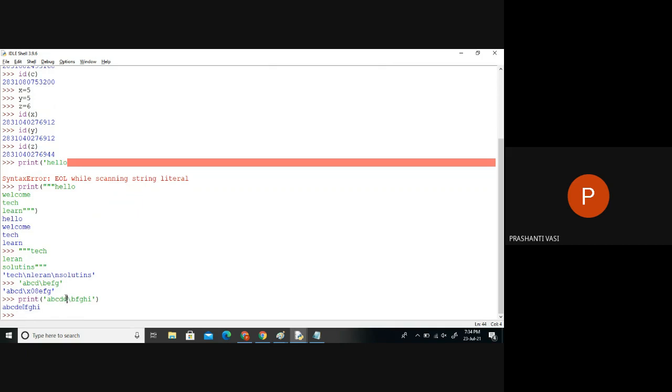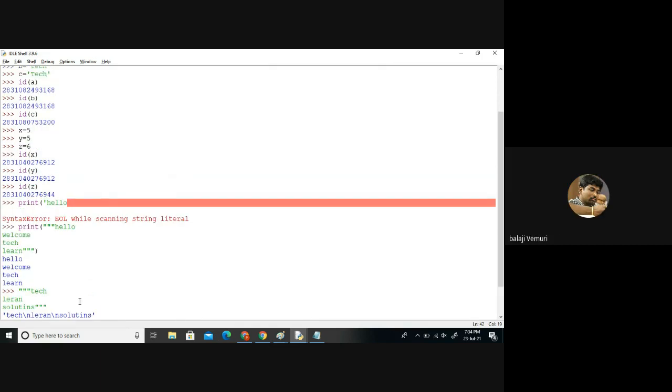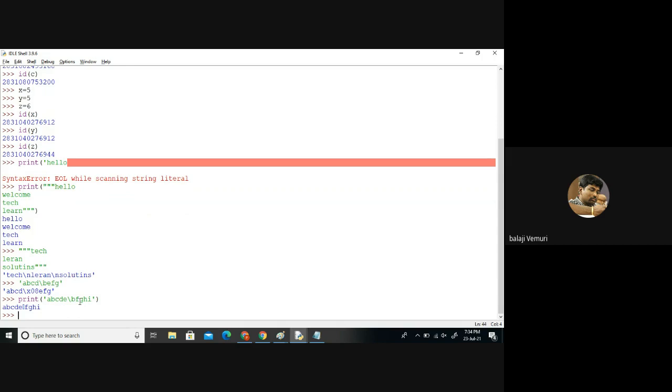Instead of the backspace effect, it is showing a special symbol, like a square box. This slash b together is a special symbol representing backspace on the keyboard. Backspace is not a printing character, so instead it's showing a square box.